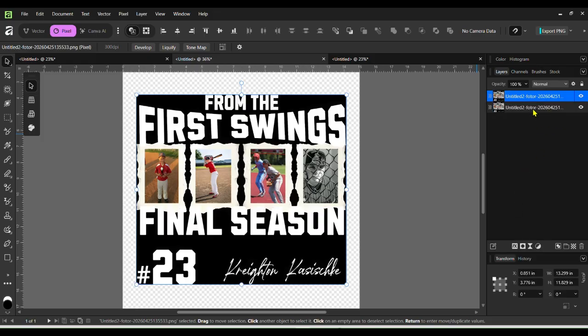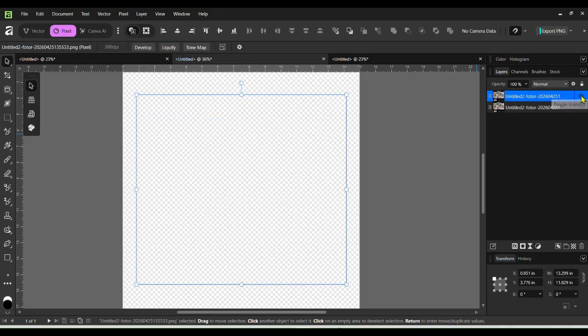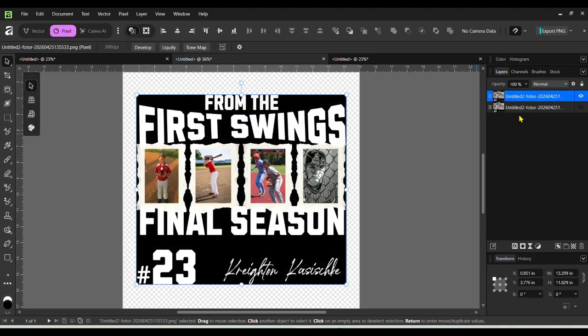Now you have two layers on the right hand side. Now what you can do is click off one of them so you don't see both layers. So now if I unclick this one, you only see the one, right? So now what you want to do is you want to have that layer selected, and then you want to